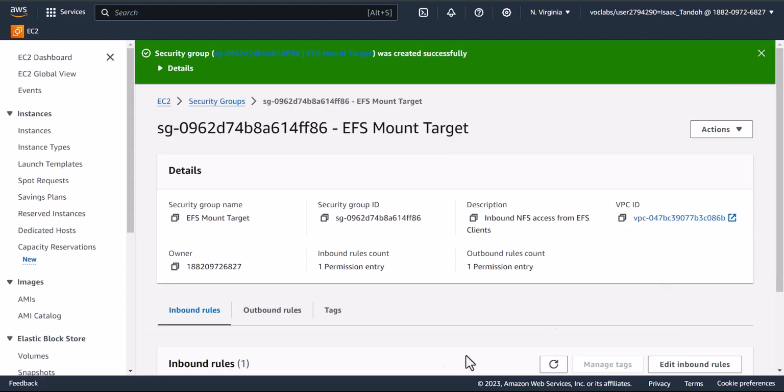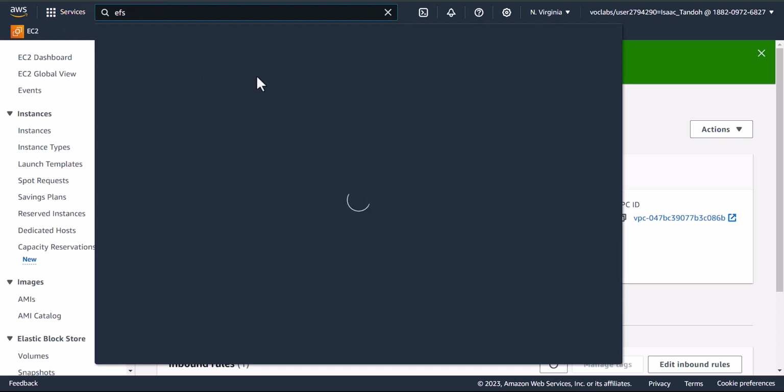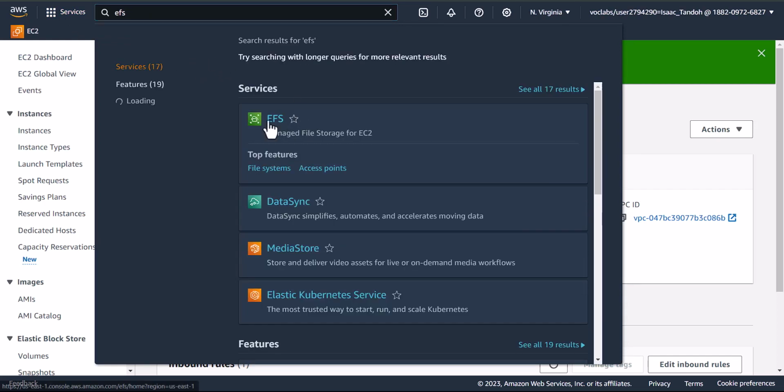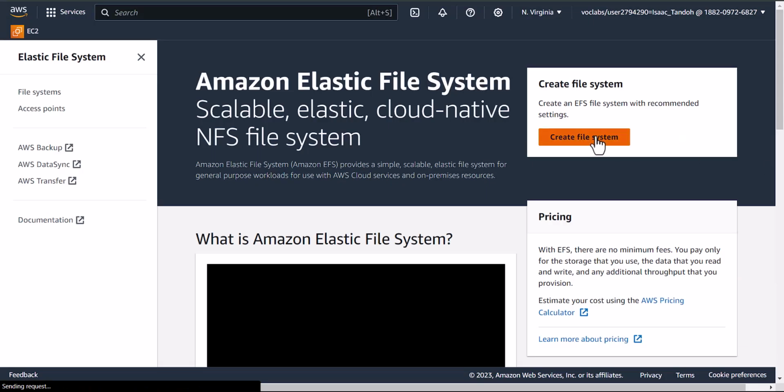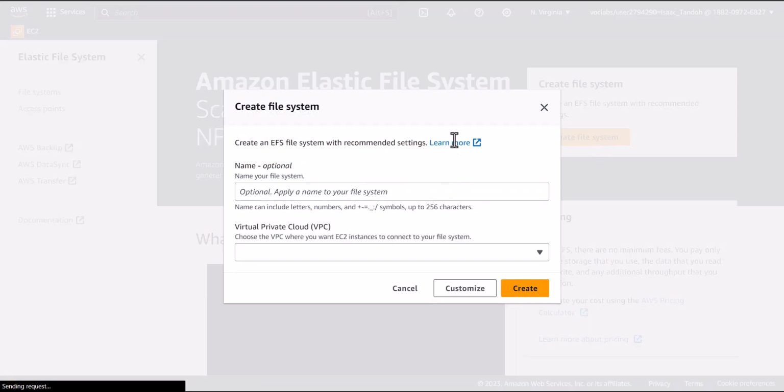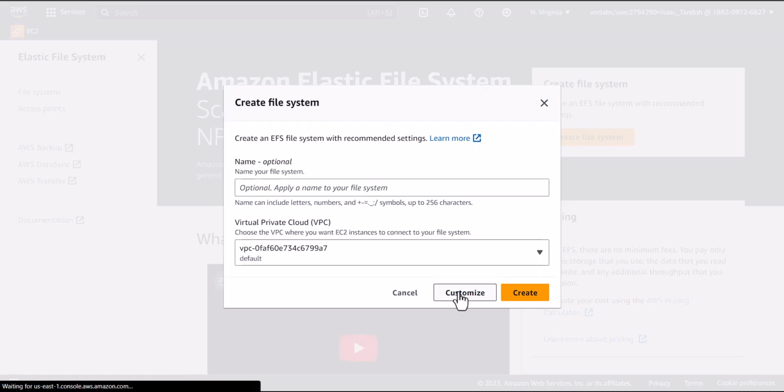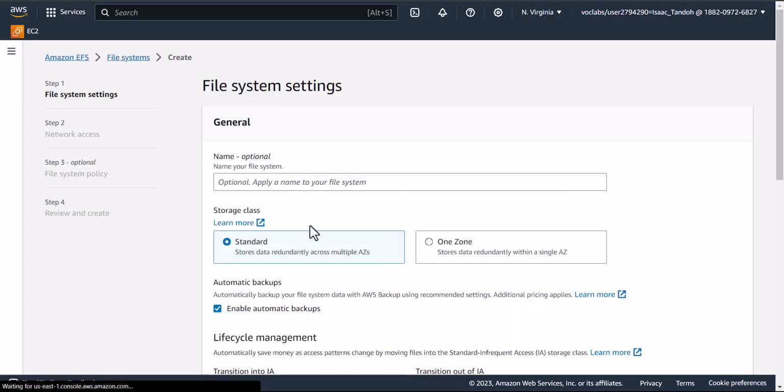Now the next thing is to create our EFS file system. There is a service called EFS. I'll search for EFS, and this is EFS. So I'll select EFS, and from EFS I will create a file system. Because we want to explore other options, we will not use this wizard. We'll just click customize, and then we'll be presented with a full window to create our